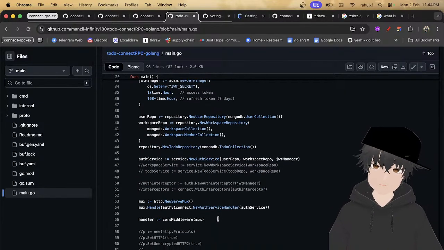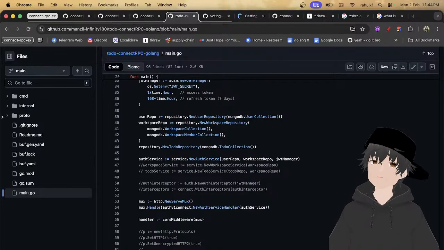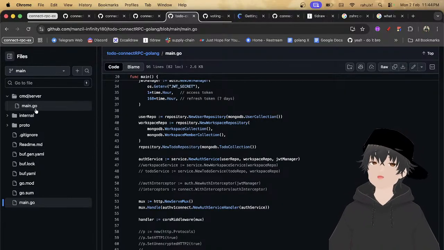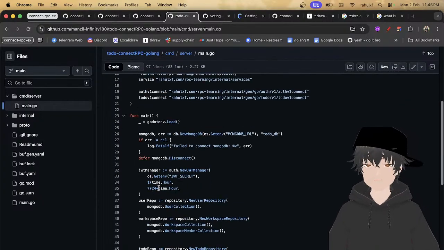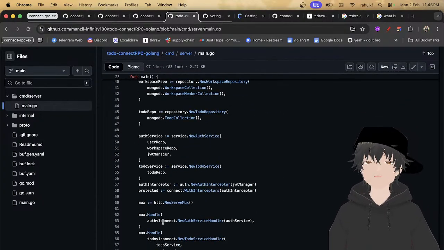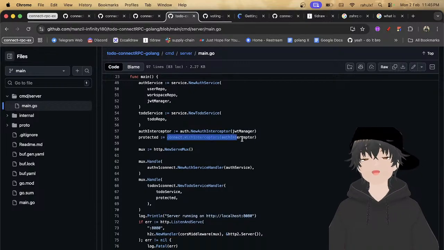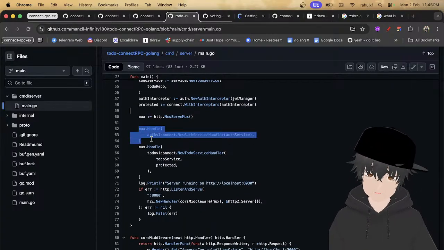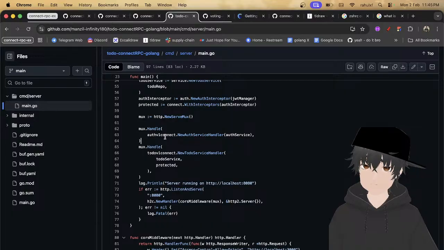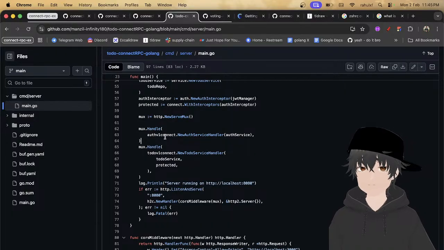A bit different, I guess, because this one is in a client one, this one is a server one. Let's see the connect interceptor, mux.Handle, new auth service handler.